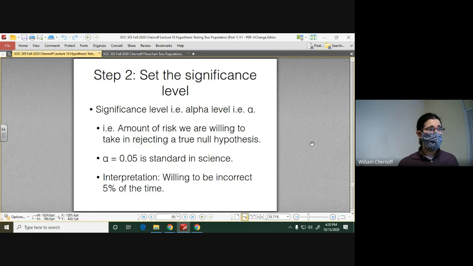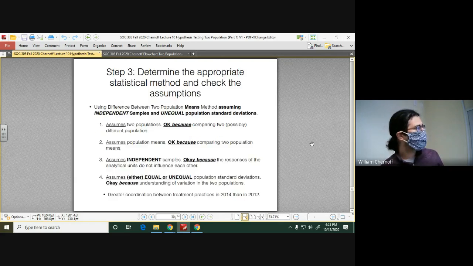And there's always going to be a chance that we're wrong. Right? I'm going to reject the null or not. And I can't get rid of that fact that there could be a mistake happening. But by setting the significance level to 0.05, what I'm saying is that if we were to do this study again and again and again, 5% of the time, whatever decision I come to is going to be wrong. But then 95% of the time, over the long run, the decision I'm going to come to is going to be correct.